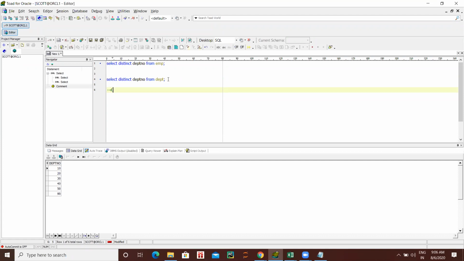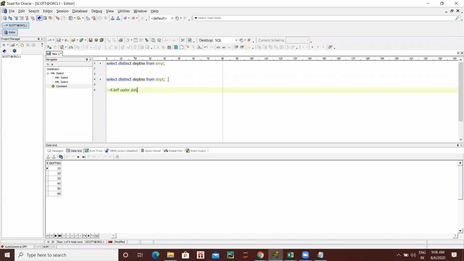So left outer join. Okay. Now enter. Select, enter, from EMP E, comma department D, that you write.